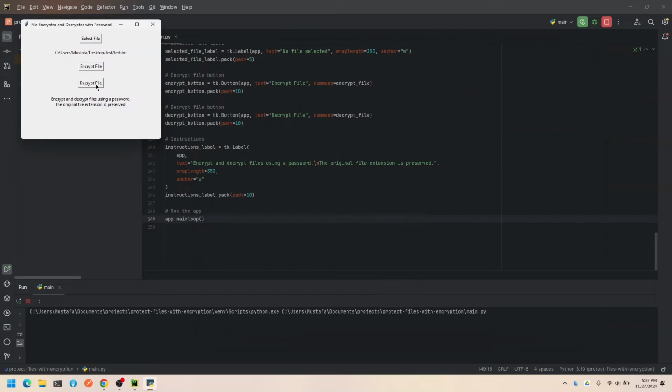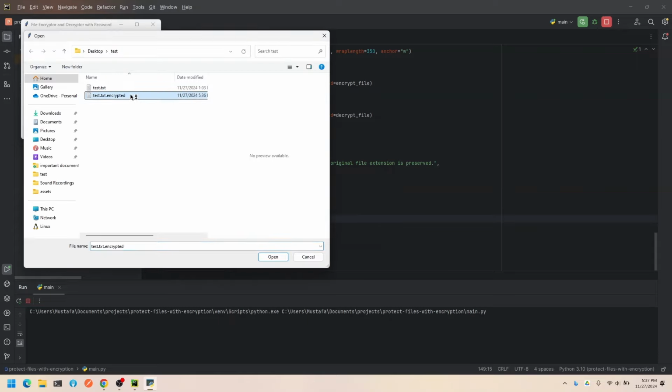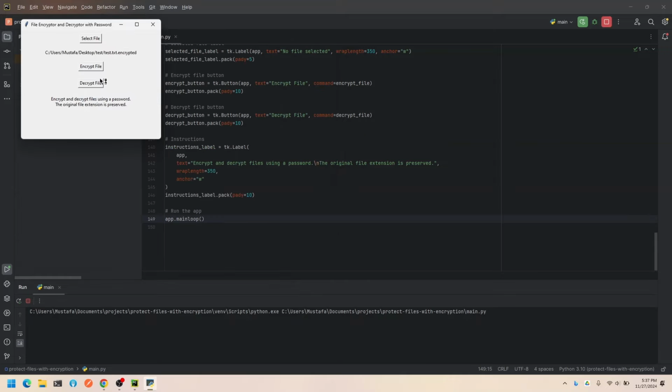Okay, now it's time to decrypt the same file. First things first, we need to select the encrypted file to decrypt it. Okay, I'm clicking on the decrypt file and giving the same password that I've used before.